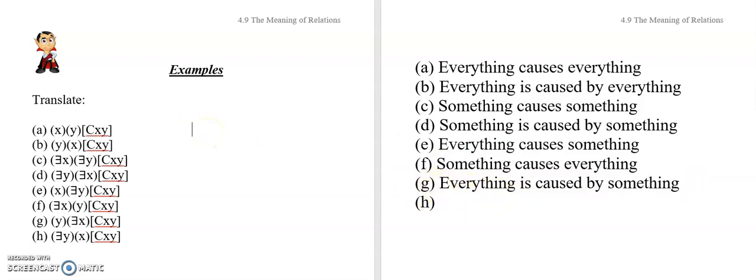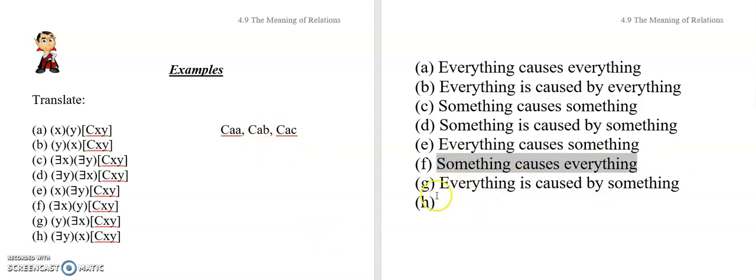Let's say you've got A, and you've got B, and you've got C, or three events, A, B, and C. And let's suppose that A causes itself, okay? So we've got A causes itself, you've got A causes B, and you've got A causes C. Now, in a situation like that, it's true that something caused everything, namely the object A. Because the only three objects are A, B, and C, so something causes everything turns out to be true.